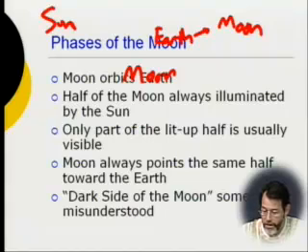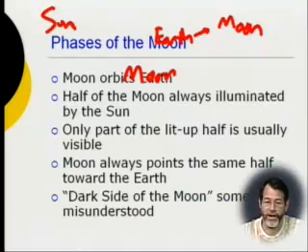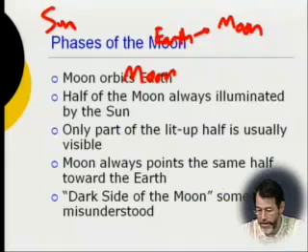The moon is locked to the Earth in the sense that the moon always shows the same face to the Earth. So when the moon orbits the Earth, you're always seeing the same part of it. So when you hear about the dark side of the moon, some people think that means the part of the moon that's always facing away from the Earth.